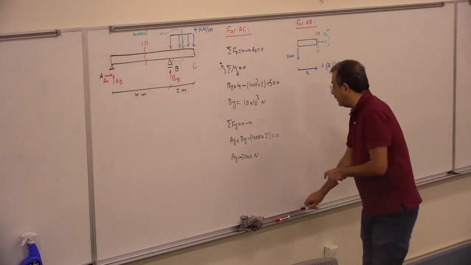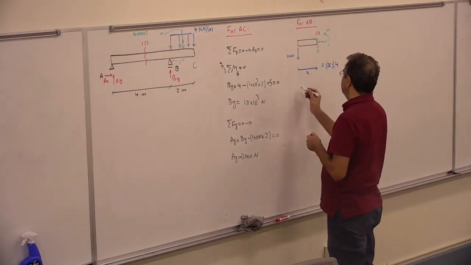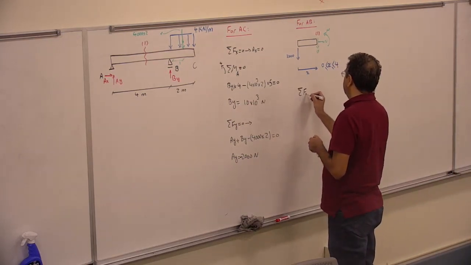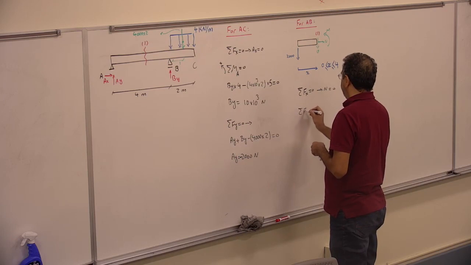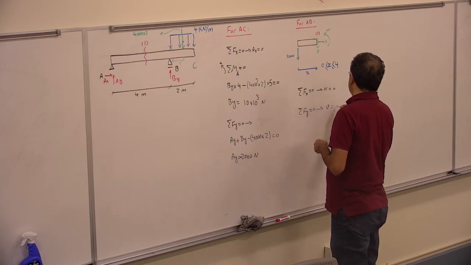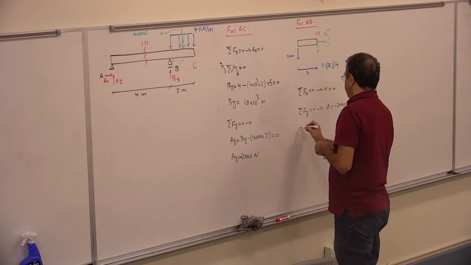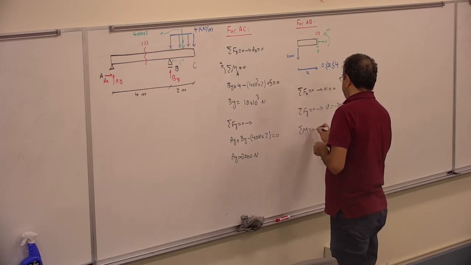So if I write a sigma of Fx = 0, it gives me N is 0. If I write a sigma of Fy = 0, it gives me V would be negative 2000 newton. If I write a sigma M = 0 about